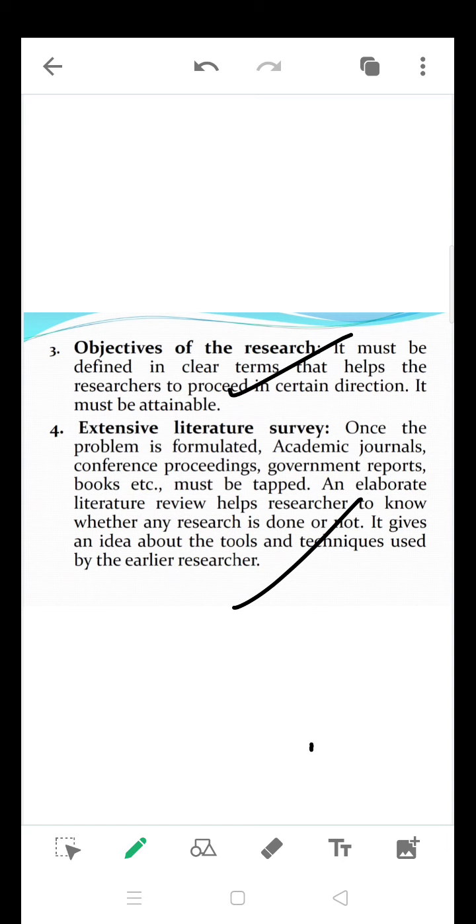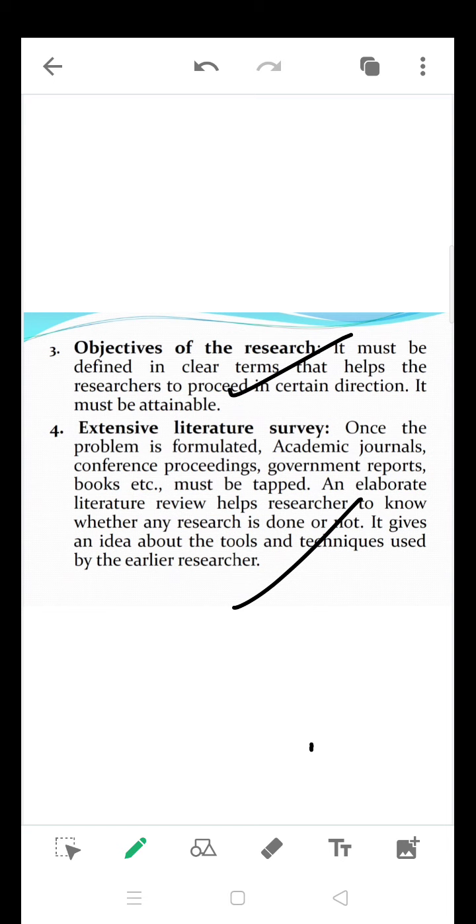Any work already done related to this particular topic, any other author or researcher who has contributed to this topic and research problem, what tools they have used, whatever techniques they have used, what exactly the earlier researchers did. A literature survey gives a base for further study. Everything will come to be known in a literature survey. Basically, literature survey in the sense we are going to make a study of existing data.